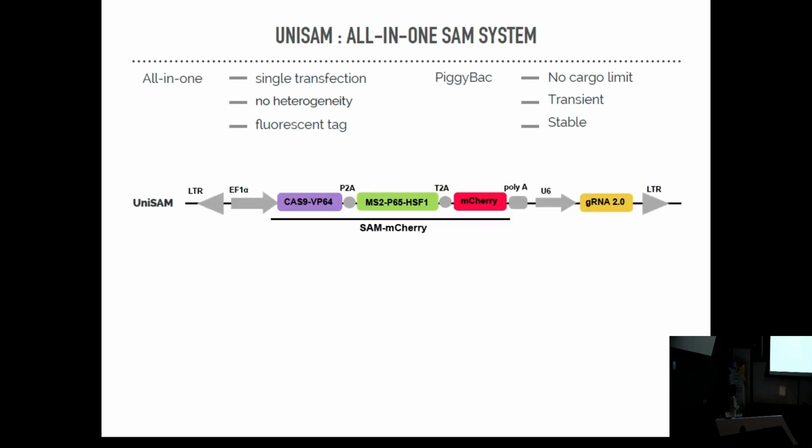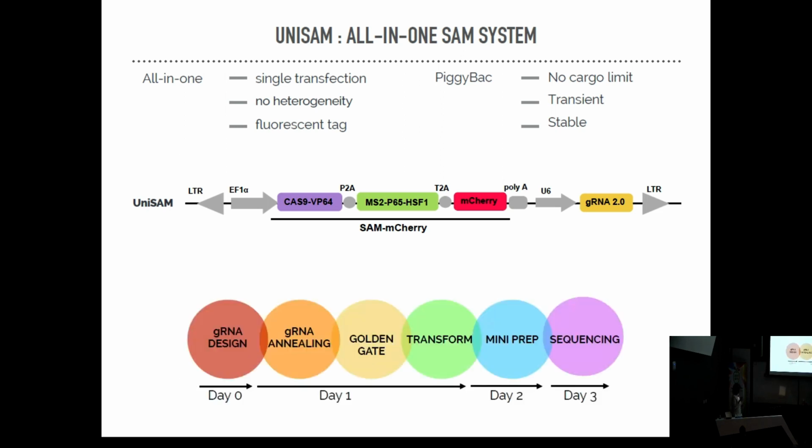So we have our dead Cas9 fused to an activation domain. This is the protein that synergistically activates the locus, and that's our fluorescent tag. And this is our guide RNA. We need one for every gene. So if you make one plasmid, you can activate your gene of interest. And as was said before, it's extremely easy and extremely cheap. You pick your gene of interest, and in 3 days you've got your plasmid. You can test it, activate, and test for phenotype in your differentiation.